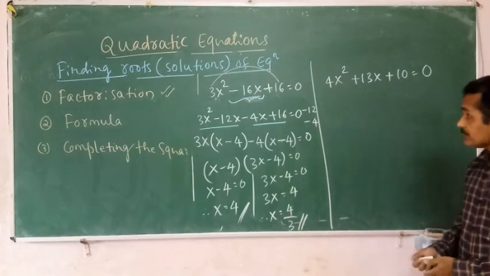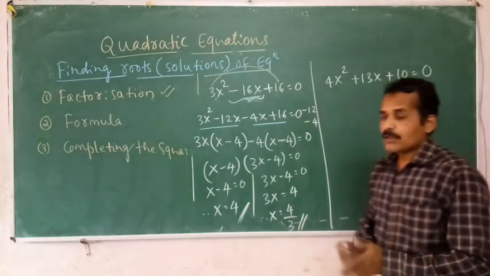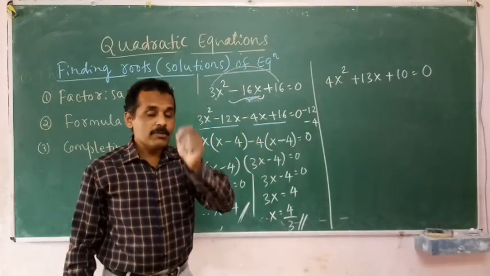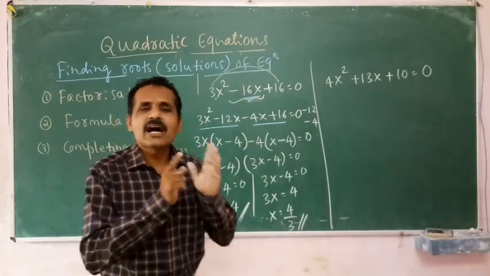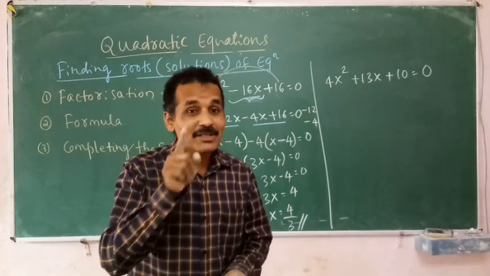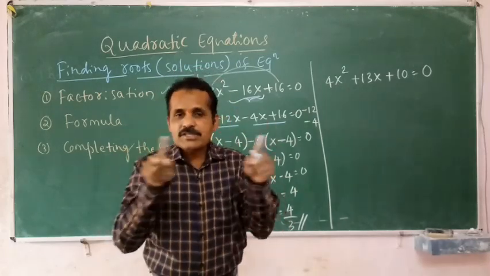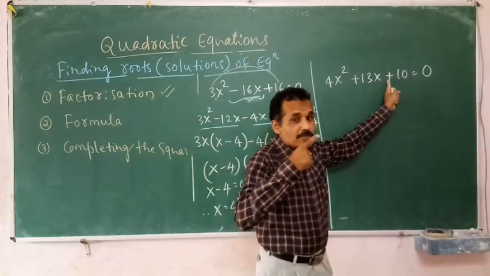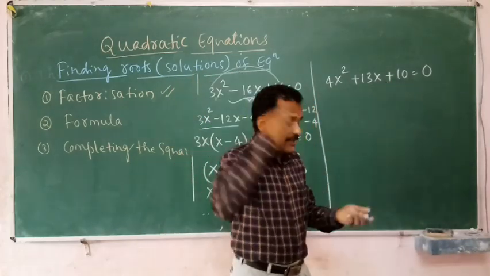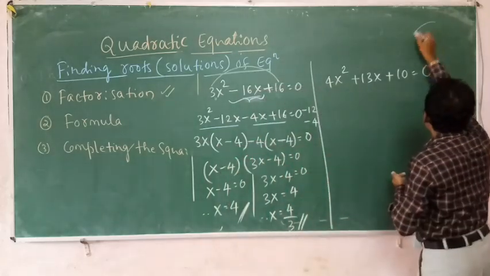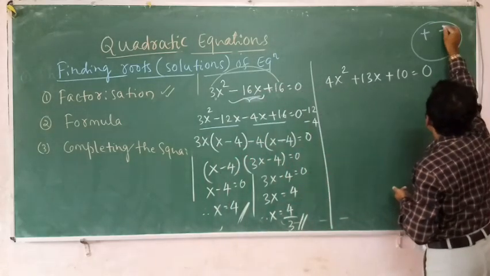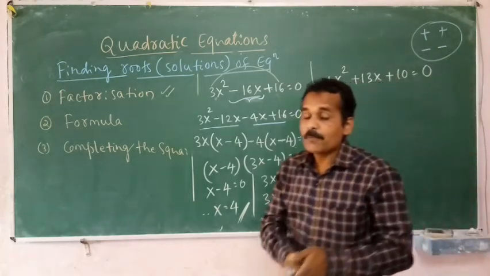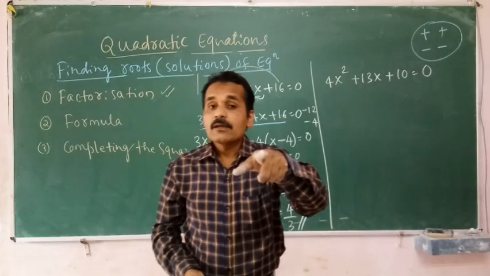Now, let me go for one more. My dear children, now I will tell you one thing. Whenever a problem is given, see its last sign. Very, very simple. Only thing you have to understand. Whenever the equation is given, see the last sign. If this is positive, fix in your mind the middle term has only two options, either plus plus or minus minus. I will repeat it, I am telling you once again.